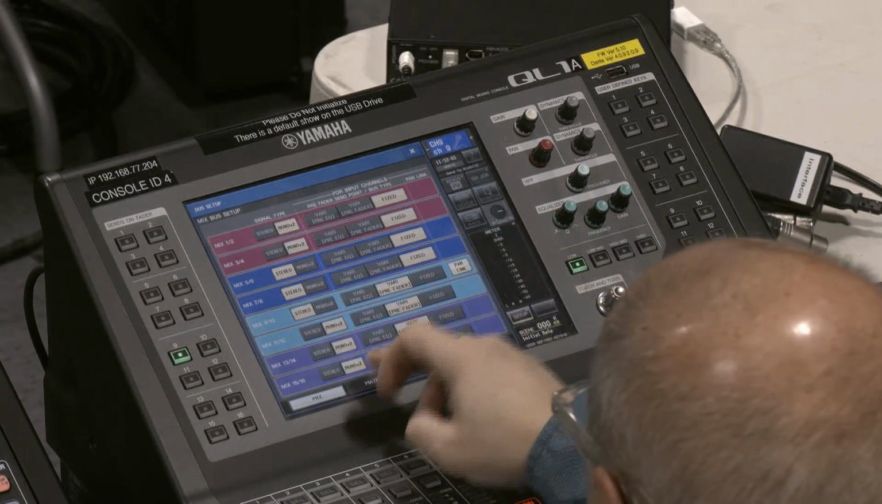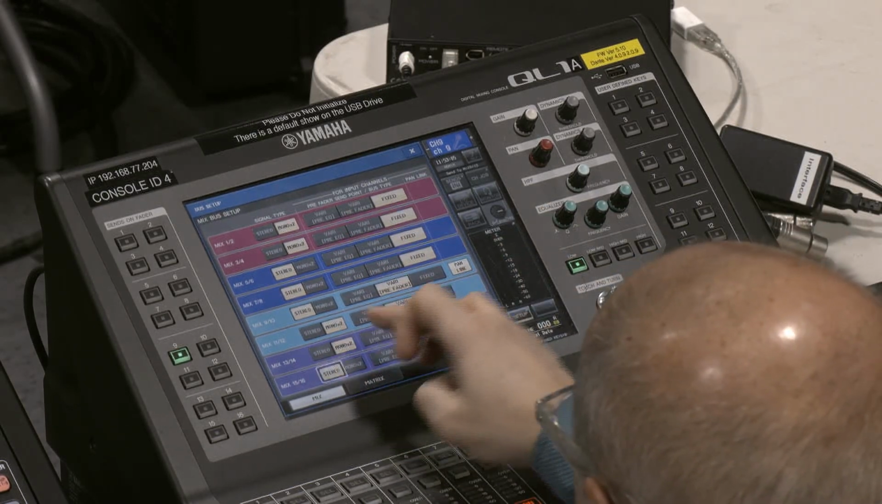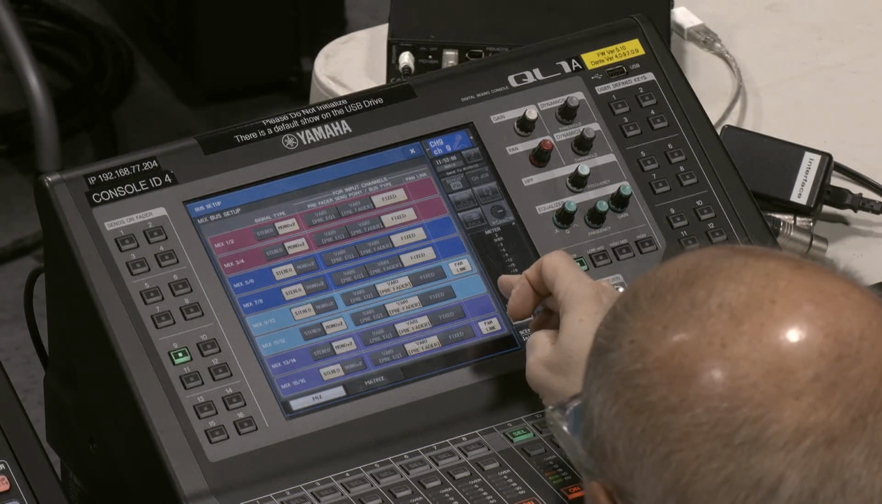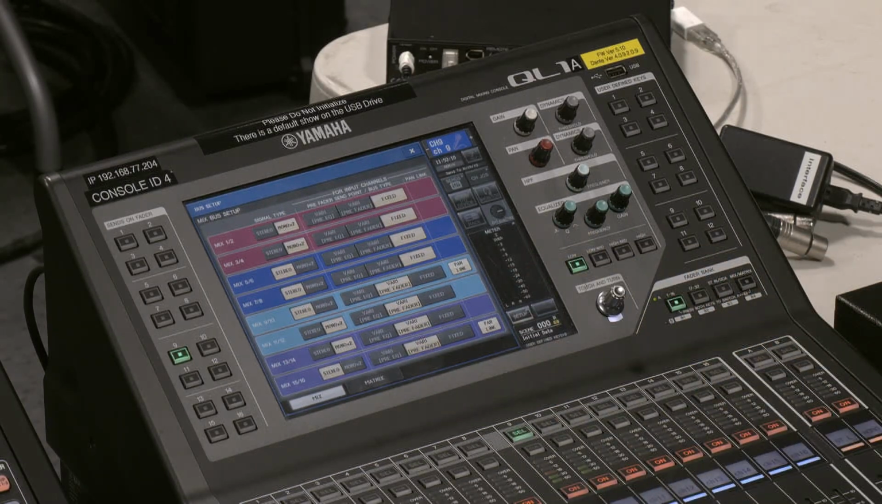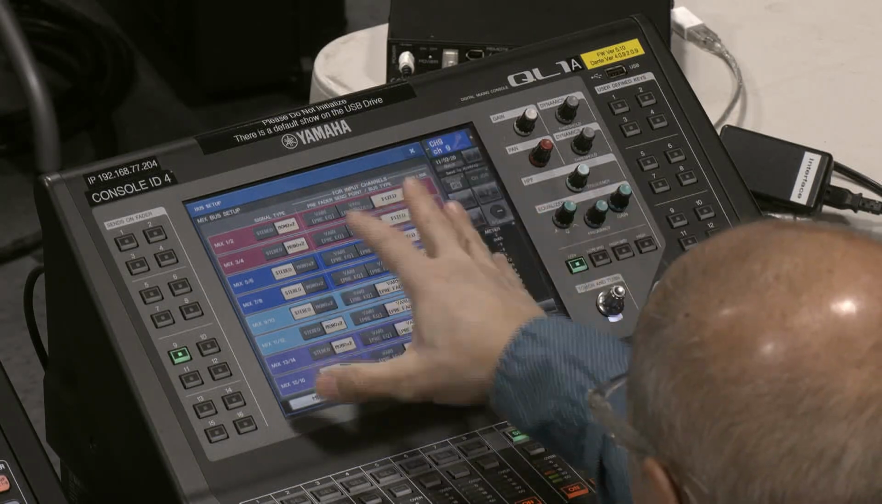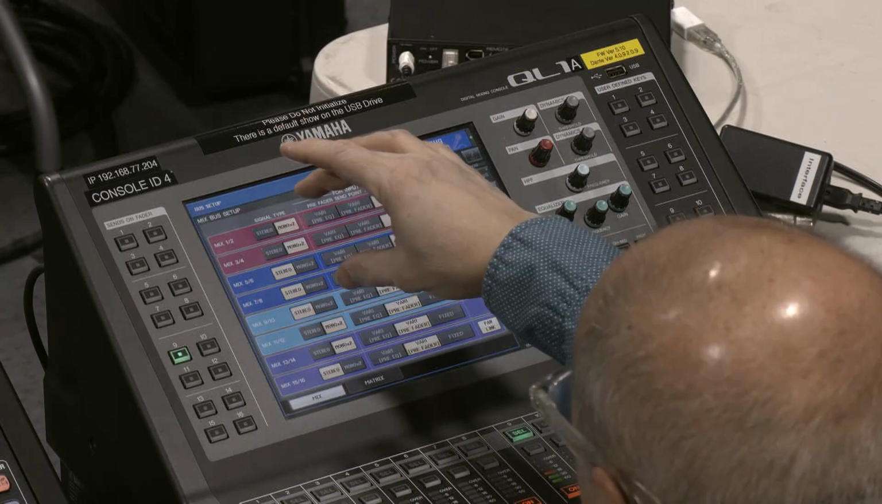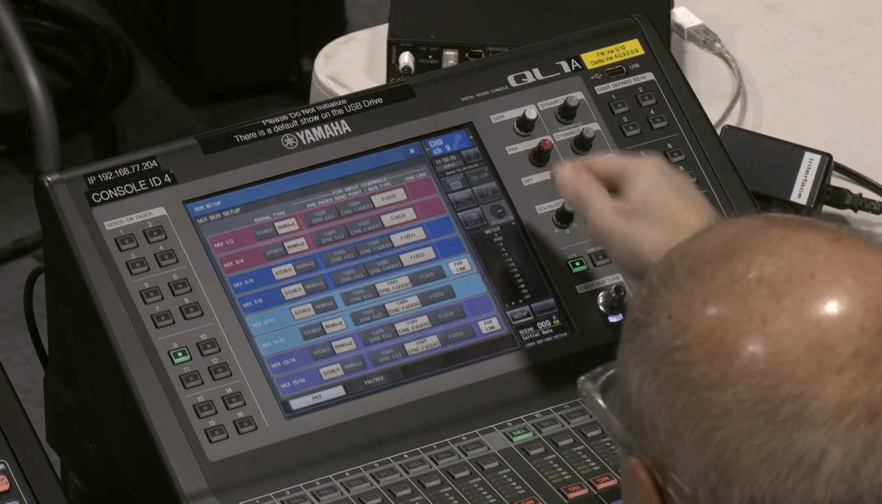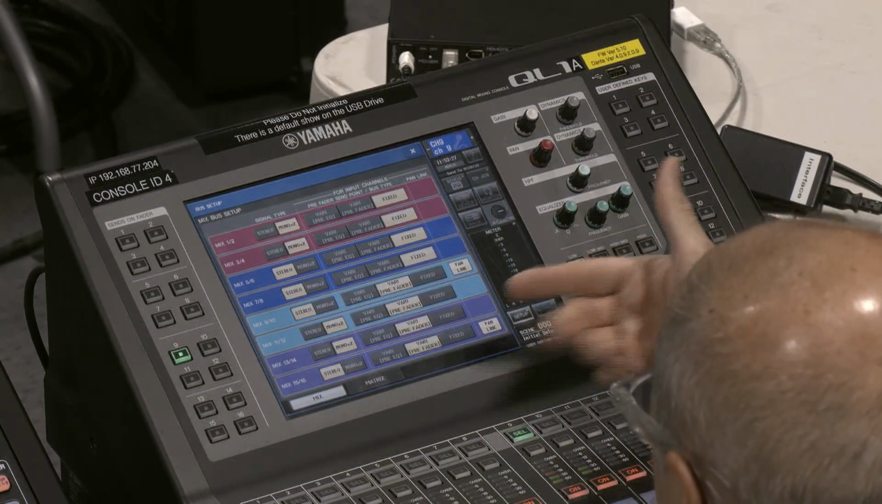And then 15 and 16 I usually use as a record to, it would be a pre-fader record mix to my QLab machine or whatever, so if I want to record VOGs or something. So that's how I set up the buses. So the first 8 are fixed. Everything else is